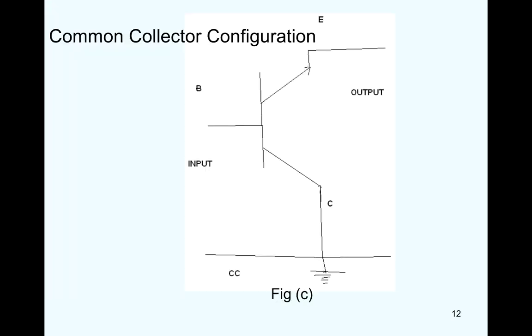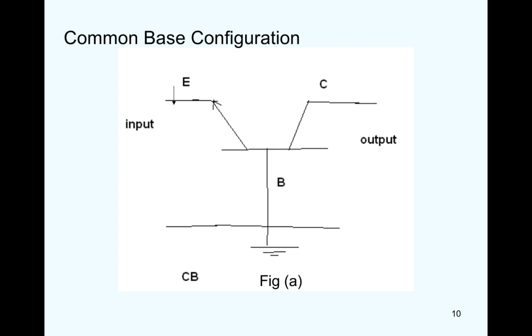Once again, I am going to repeat the configuration diagrams. Observe these diagrams. Here we are connecting the base to ground, connecting the input between emitter and base, and taking the output between collector and base. In this way, the base is common to both emitter and collector. This is common for input and output terminals. So by using three terminals, we make the four-terminal network.